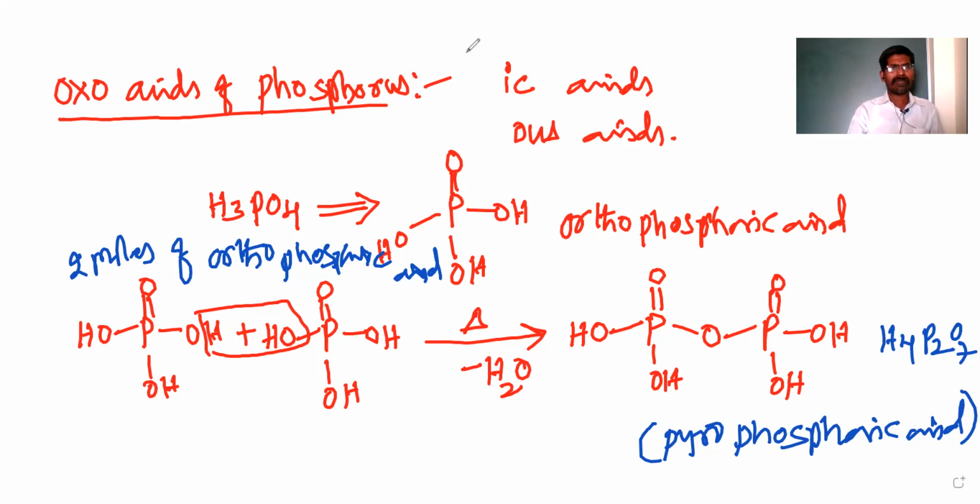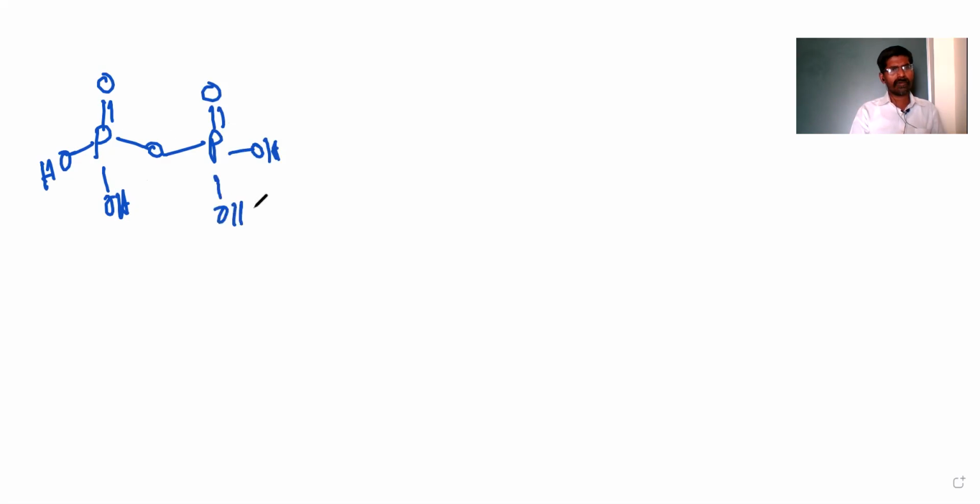Okay, then what happens here? I will write here. So once again I will erase these things. Now actually I want to go to the next one. You have to take this molecule. So this one is P double bond O, and here will be the OH group, and here also the same thing, OH group and oxygen. This is the phosphorus, oxygen and OH group. Here will be the OH group.